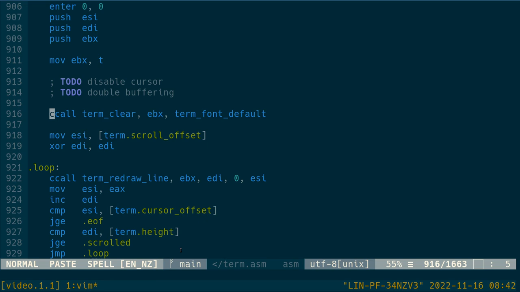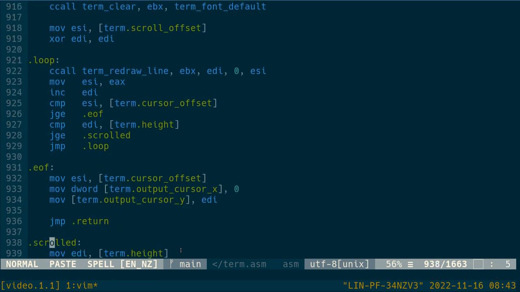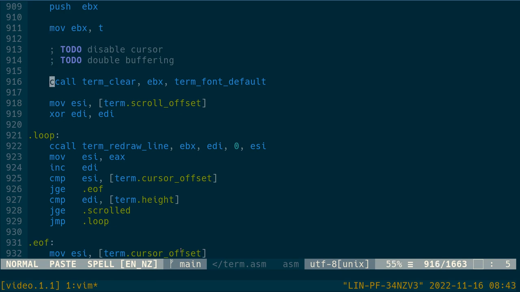What we could do for now is just have the crude approach of the active window is always shown, whereas all the others aren't really updated much, but I would prefer them all to be kind of updated, but we'll see how we go. Yeah, so we clear it, and when we do this, we probably will be doing double